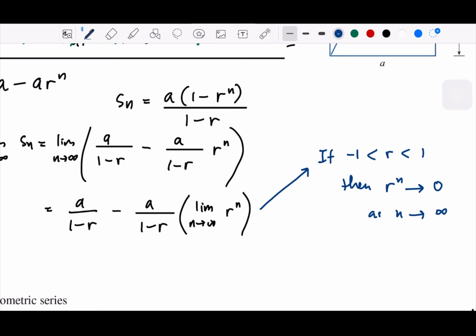We could think like that. Or if you remember the last time, we made some rules regarding R to the power of n, and we said that R should be between -1 and 1 to make it 0. Okay? So that's why the Sn